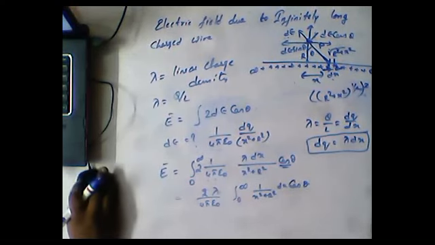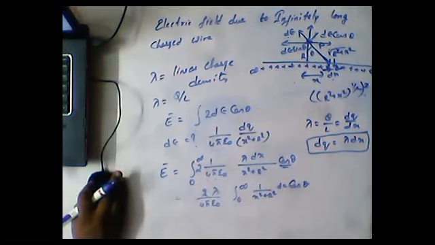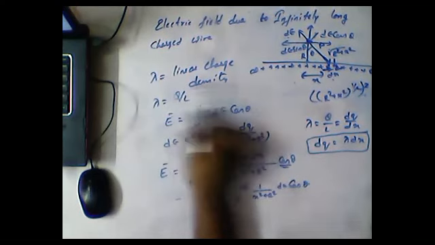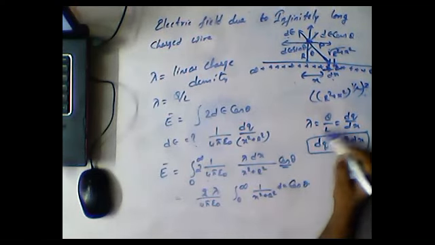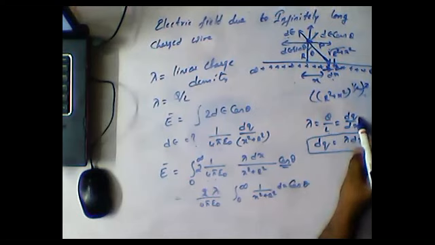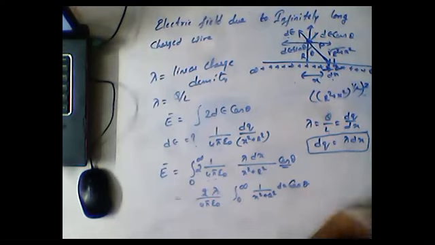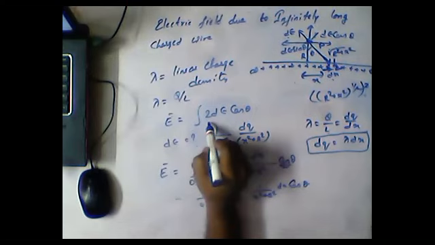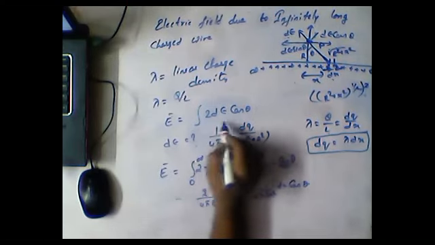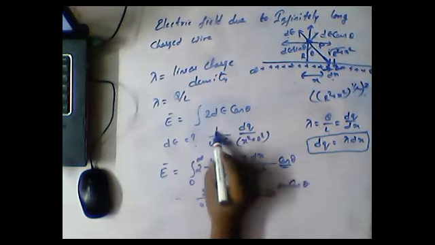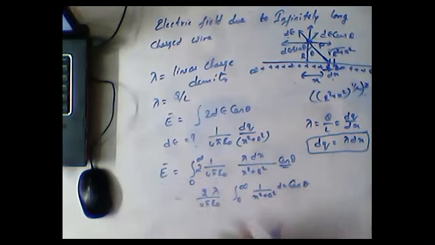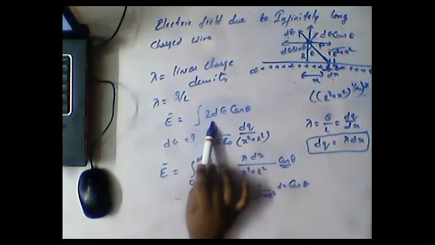Clear, guys? I hope you understood here. The concept here is very simple logic, guys. First of all, lambda is equal to linear charge density, which is q by L. From that we are getting dq by dx. So dq is equal to lambda dx. Keep it aside. We already know that E is equal to integration of 2 dE cos theta. But what is dE? It is 1 by 4 pi epsilon dq by x square plus r square. So we already got the values of dE and dq.